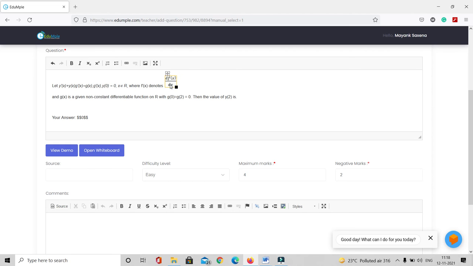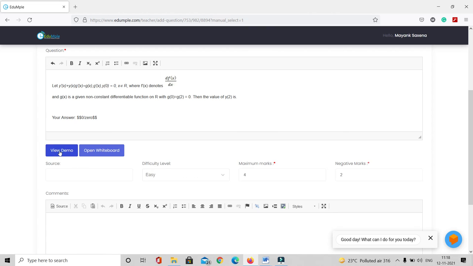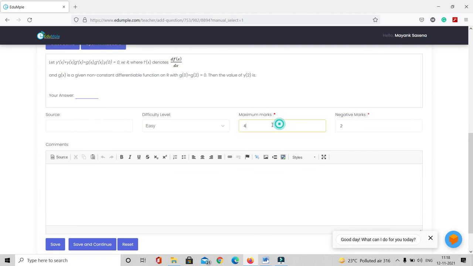So suppose there's some error in the content or something like that, you will see it. So now your answer is over here. This is how the students will be seeing it. This is how the question will be presented to the students, and they are supposed to enter the answer over here. The answer is 0. Now suppose one question can have multiple options. Like a person can write 0 and the student can also write 0 like this. So if you do it this way, then whether he answers 0 or 0, both of them will be marked as correct. Now again you give 4 marks over here, 1 mark over here, and then save.